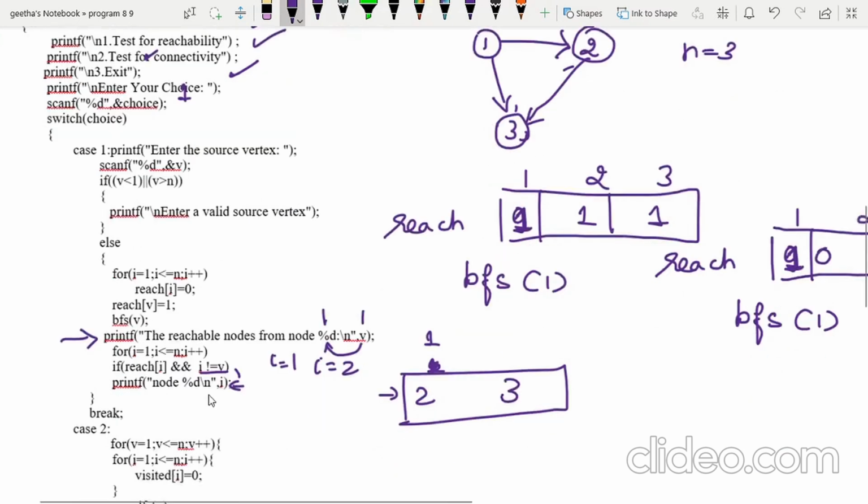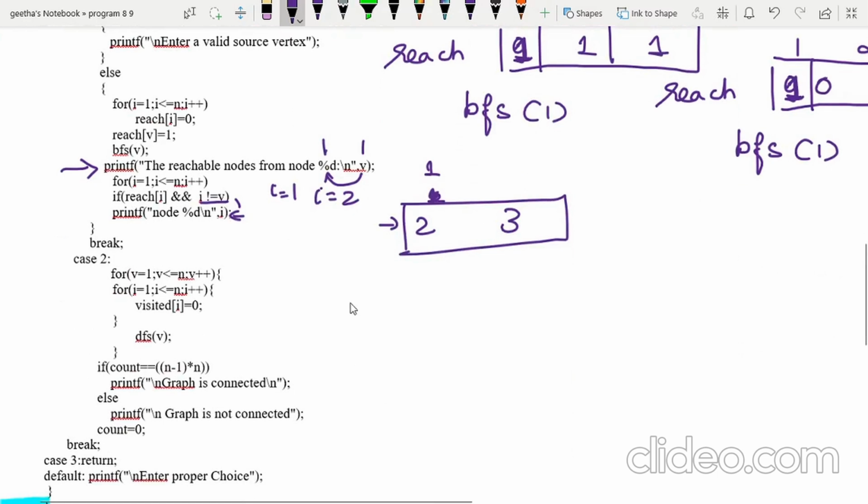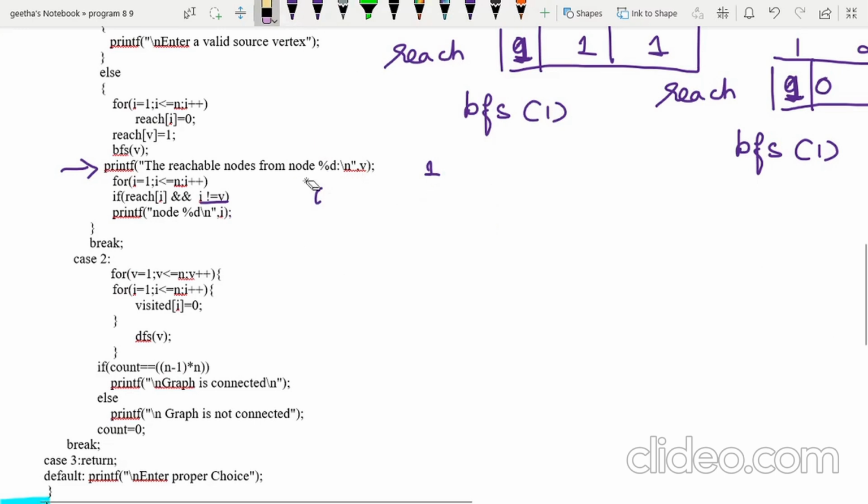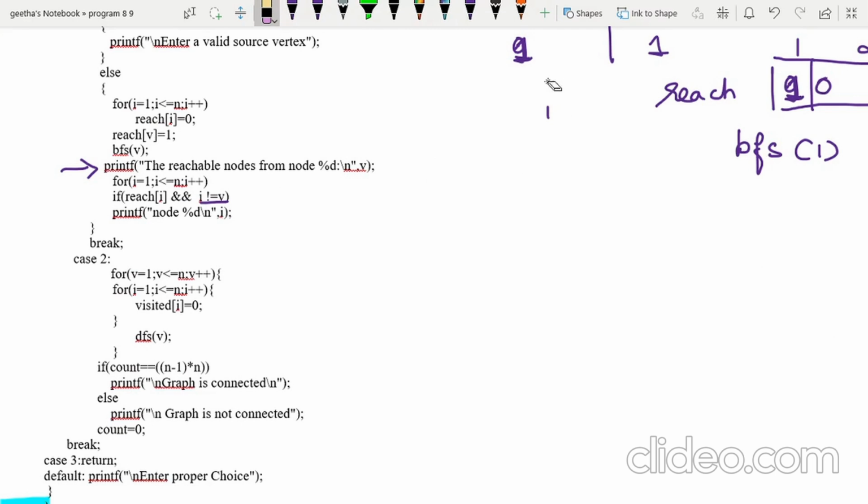Next we'll see the DFS part, that is to check whether the graph is connected or not. So I'm going to consider one more graph.